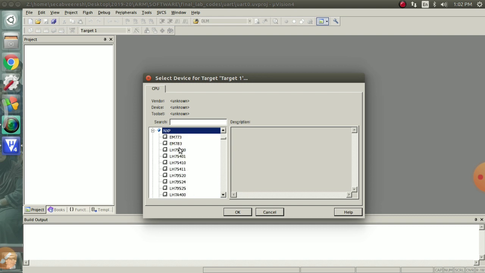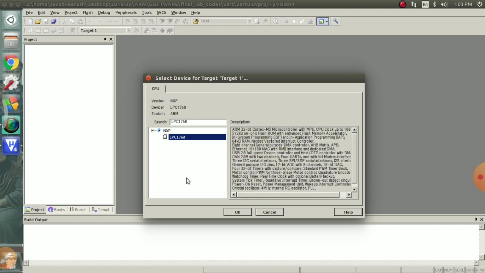Just select NXP, the ARM Cortex M3 architecture, that is LPC 1768. It's hard to find here. Directly we can search LPC 1768. Select the device LPC 1768 under NXP.